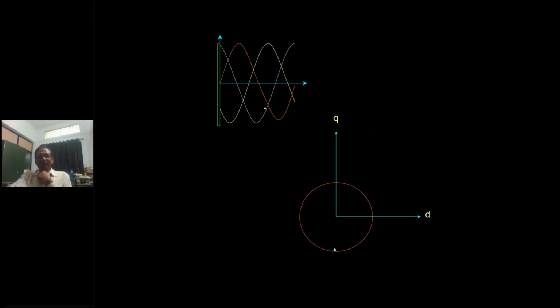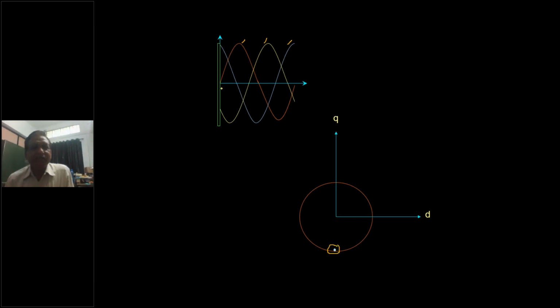Before that, I want to discuss the vector. See, R phase, Y phase, and B phase are the three phase voltages, sinusoidal voltage at 50 hertz. Ashok, you can consider current, you can consider flux, for control of an induction motor. This voltage varies with respect to time, so the instantaneous value of all these three voltages is denoted by a single point in the DQ plane.